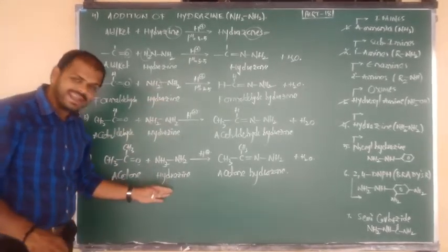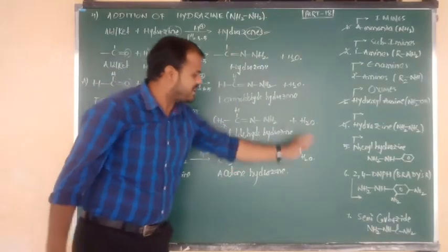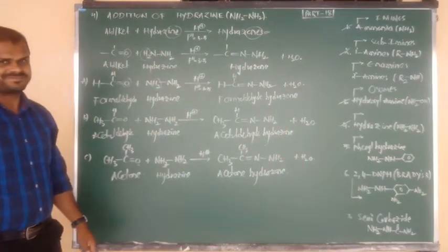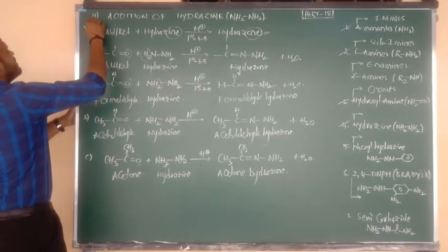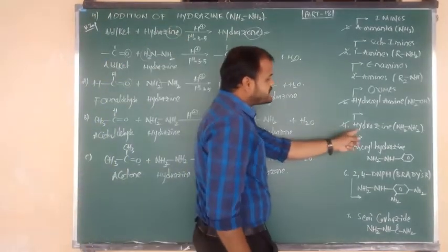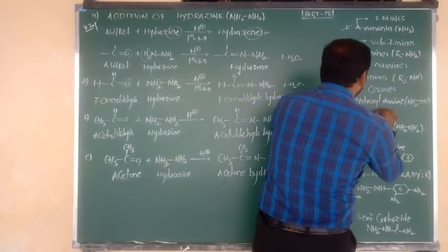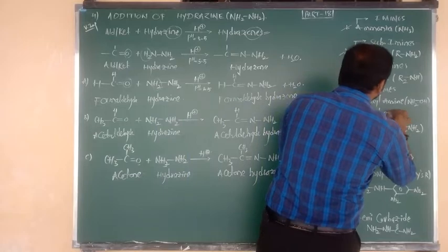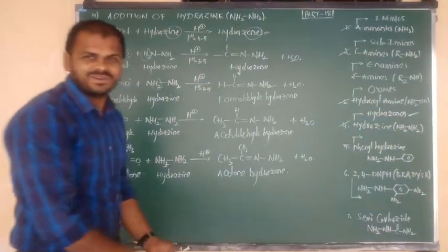Okay guys, like that, not only formaldehyde, all types of aldehydes and all types of ketones upon reaction with hydrazine are converted into hydrazones upon elimination of a water molecule. Okay, the fourth addition is also clear, it is very important. So addition of hydrazine to aldehydes and ketones forms the product. The product is nothing but what, beta? Hydrazones. Yes, the fourth one is also clear.